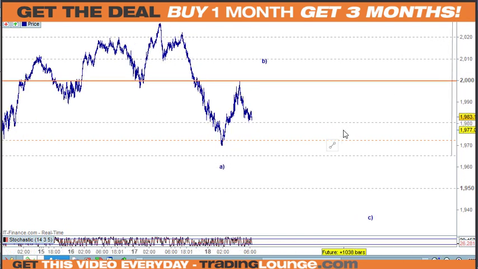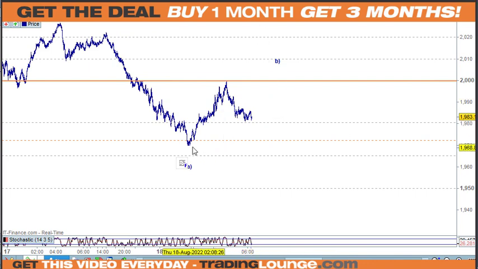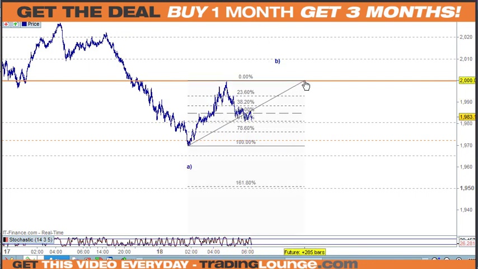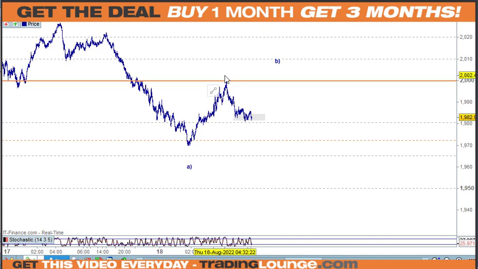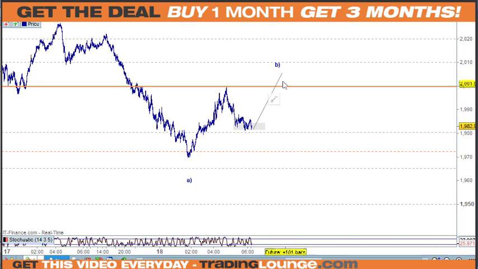Another way to look at this too is that approaching things from different ways is good. So we know that we've got the 61.8% sitting here. So if this was going to be an A wave, a B wave, and a C wave up here for the B wave, which is possible, or even wave 1 and 2, it might be an A wave, a B wave, and a C wave here with wave 1 and 2 here, then it's going to push up to this point here, and then move down from that area. That's possible.